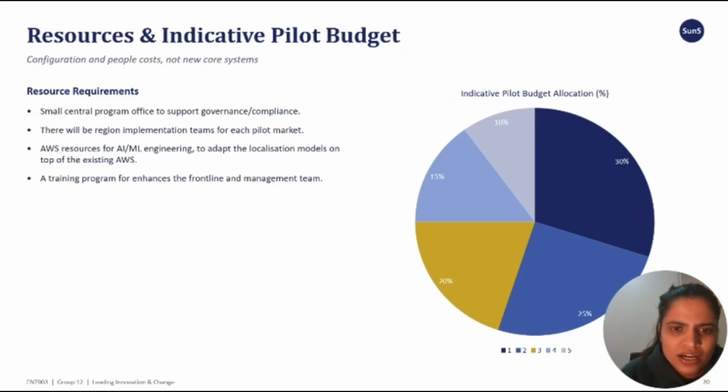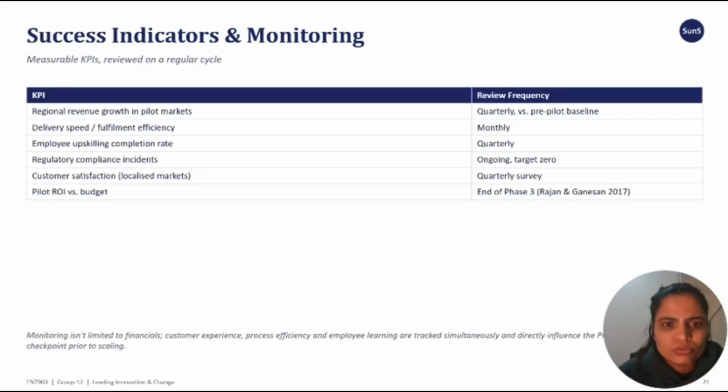The largest share, 30%, goes to technology configuration and AI model localization, followed by workforce training at 25%, governance and compliance setup at 20%, change management and communication at 15%, with 10% held as contingency. We track 6 KPIs across different review cycles: regional revenue growth quarterly against a pre-pilot baseline, delivery speed and